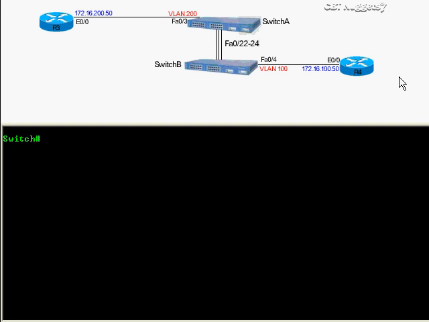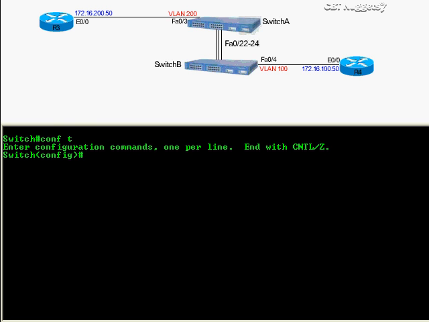Now, the first thing I want to go through is configuring the base management of a switch, because this switch is brand new, out of the box. It has no configuration, and I want to walk you through the best practices that Cisco recommends when setting your switch up. The first thing that I always do on any Cisco device is I get into my line console 0 and type in logging synchronous